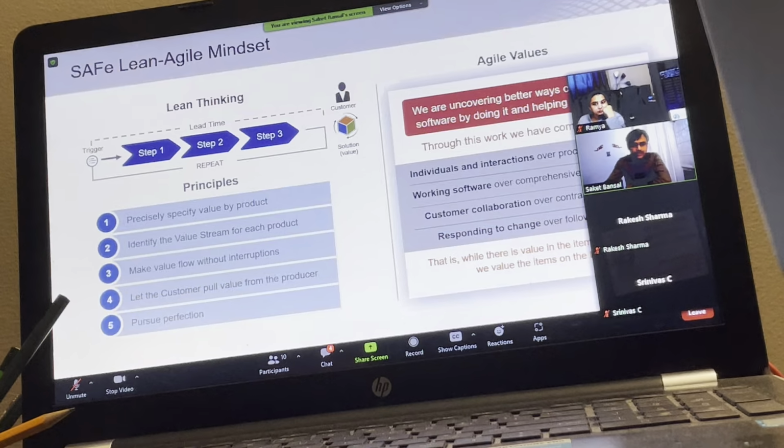So again, it's a theory. It's something which we try to relate as much as possible, and then we'll see how we will implement it in the framework as we start learning about the practices. Now, anyone wants to talk about what is lean? Like, what is your understanding of lean? Someone may want to share, an opportunity to talk about lean. Anything will work. So, what is lean in your mind?